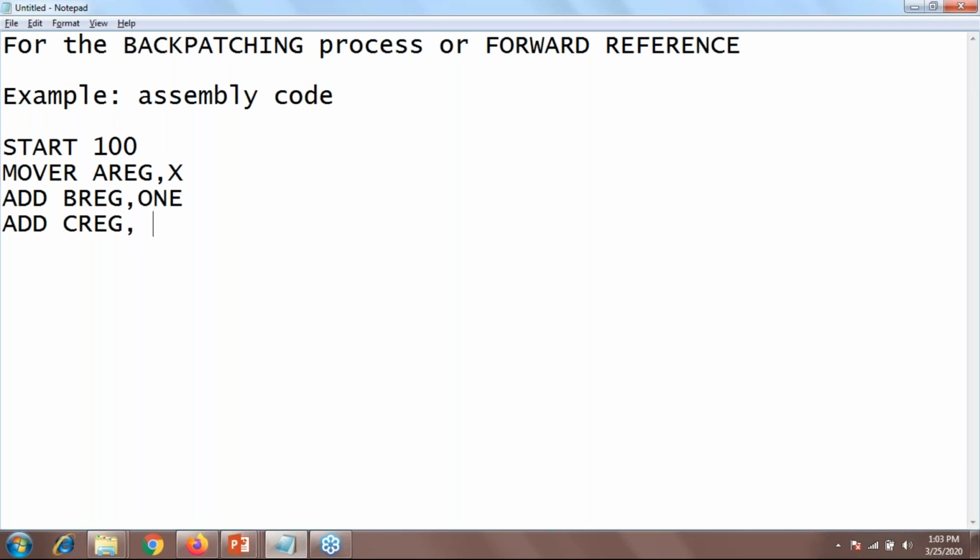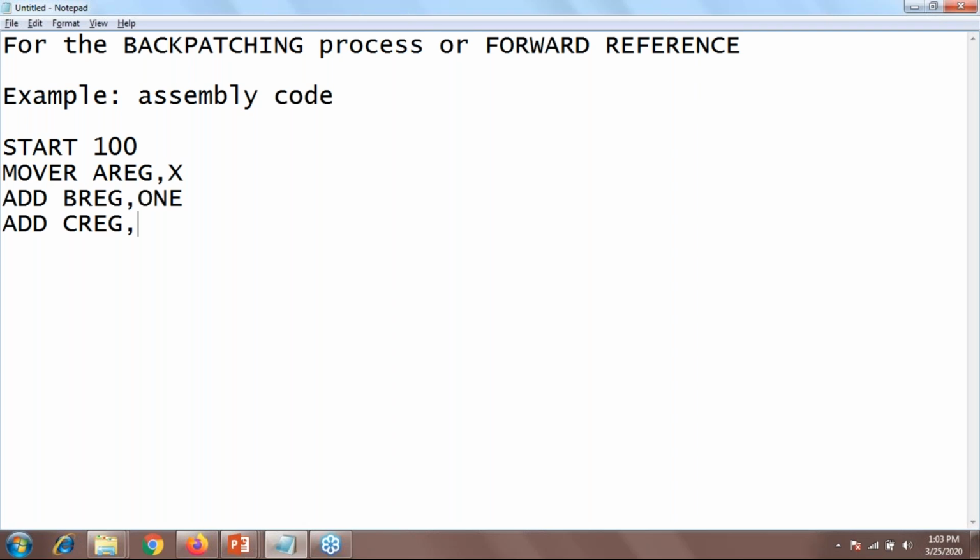I am going to explain what backpatching and forward reference are, so that you can identify the variables.